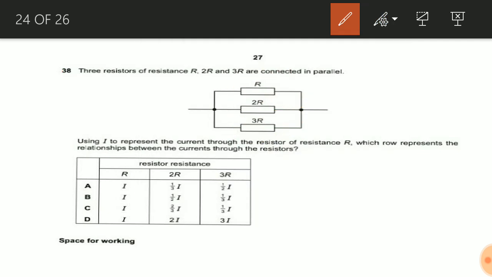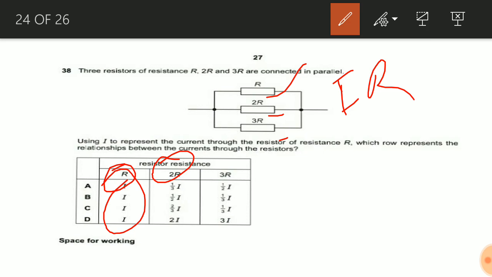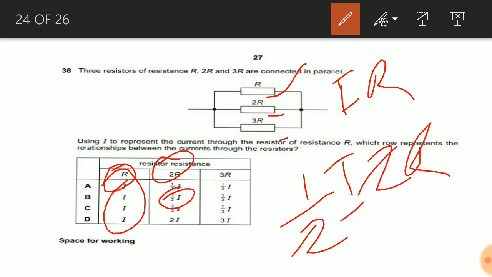Now among these option choices, we need to find the current in R, 2R, and 3R. In this line, all currents are I, all are the same. We can take reference from this, and our R is R. Because of that, potential in this R is IR. Now anyhow, we need to get this same potential IR in 2R also, in 3R also. In 2R, 2R is already there. If I multiply that 2R with 1 by 2I, then we will get IR. 1 by 2I into 2R means IR. Because of that, this 1 by 2I is the correct expression for the second